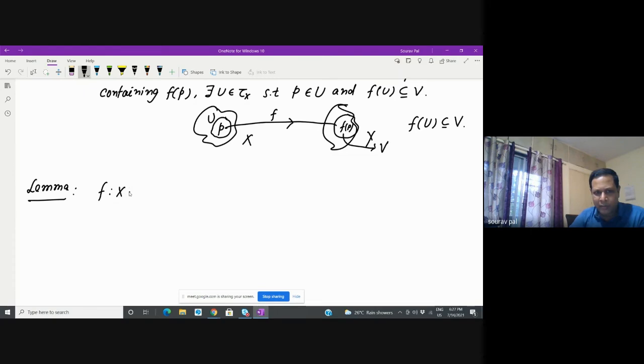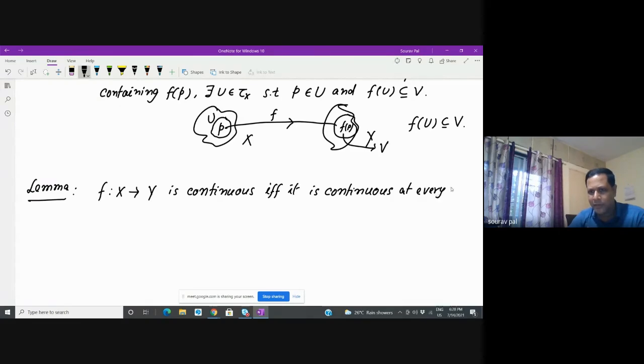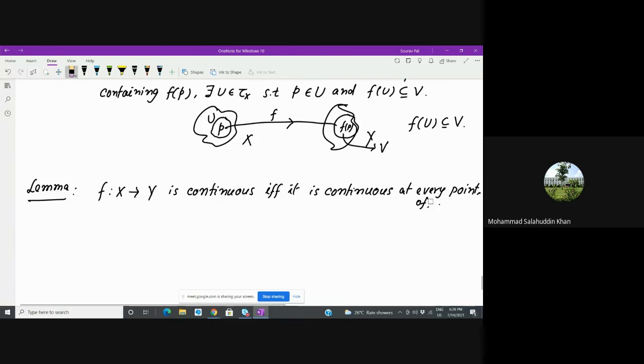So f from X to Y is continuous. That means definition 1, right? Inverse image of open sets is open if and only if it is continuous at every point of X. But